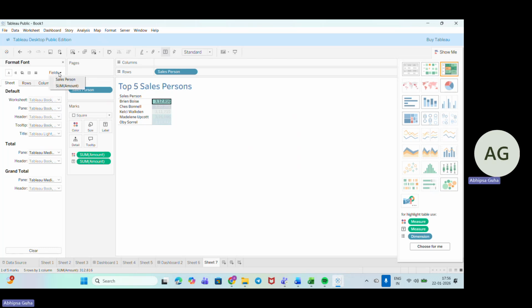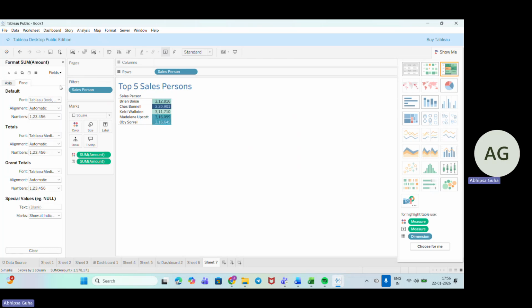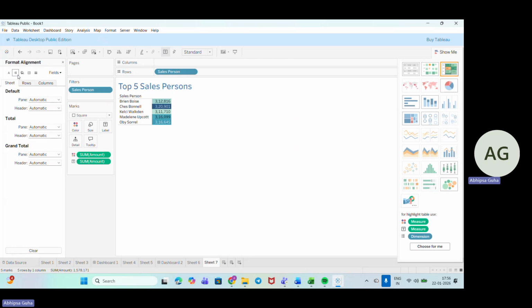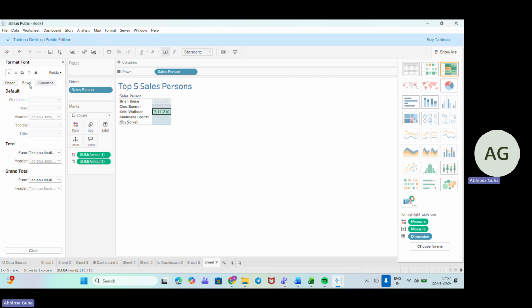I'll go down to the amount, to center, and automatic, this one I want. And again, I'll go down to format. We'll go down to the size also.